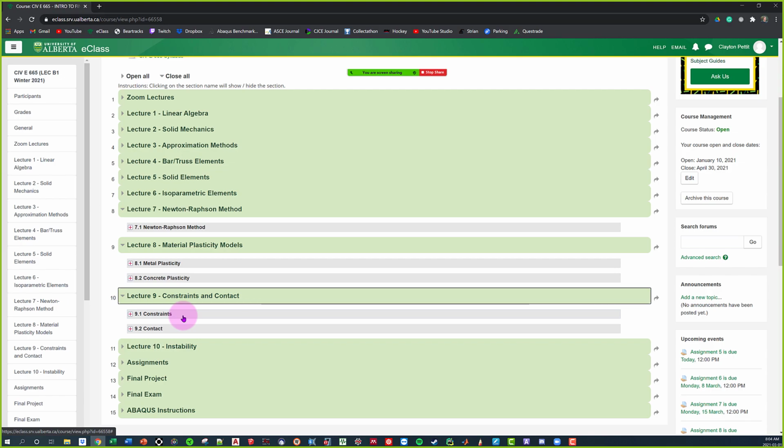Of course, it's very rare that we're dealing with a scenario where we just have one beam, one bar, one of anything. We usually have multiple parts interacting with each other. So we need to figure out, okay, if I have two parts and they come together and make contact, well, I have to define the contact between them so that they can react off of each other and maintain a new sort of equilibrium. In ABAQUS, we can define those two parts.